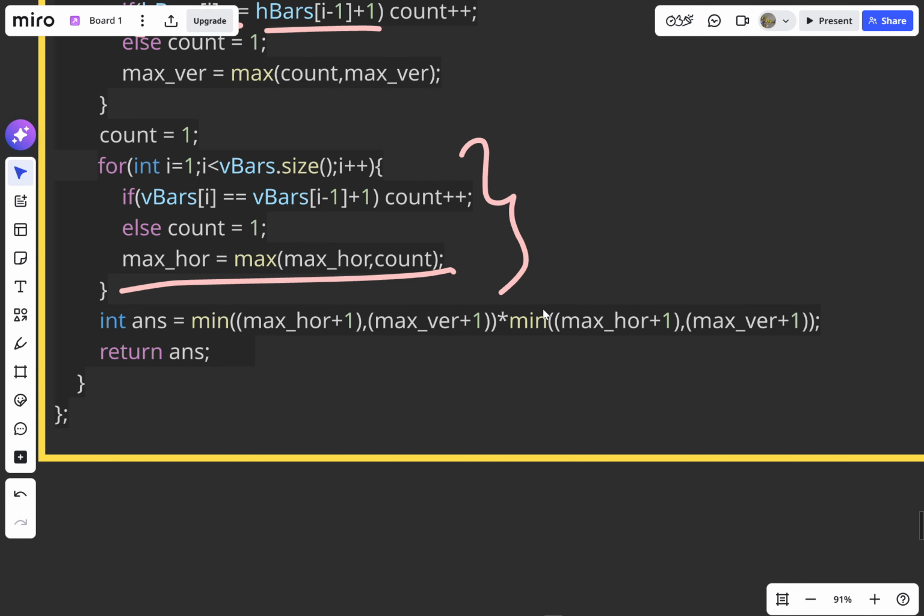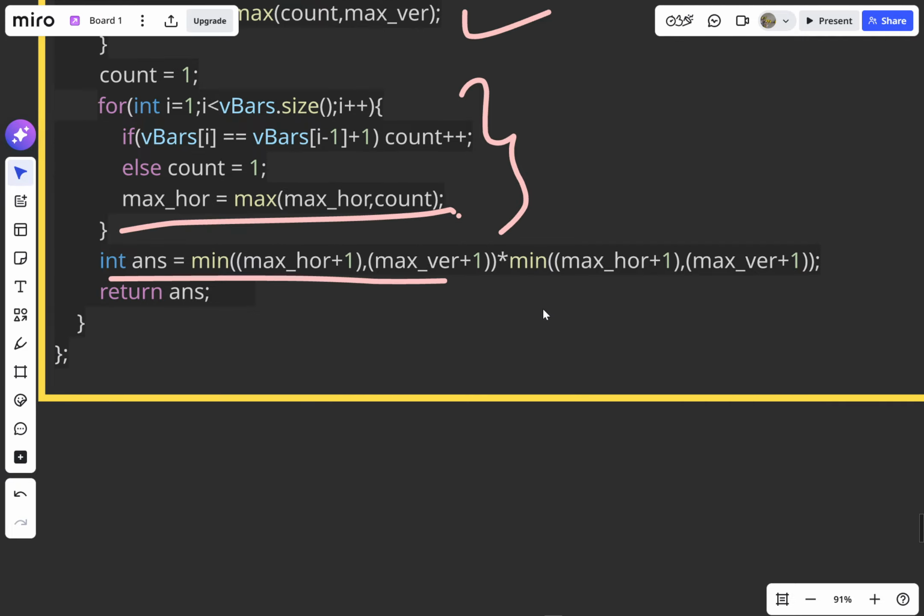After that we have the maximum. We will maximize the continuous vertical bars we can remove and the continuous horizontal bars we can remove. After that the answer will be calculated by the maximum horizontal bars plus 1 and maximum vertical bars plus 1, which we can remove, and then multiply. So we will have to get the minimum from both of them, the minimum of maximum horizontal bars and maximum vertical bars,